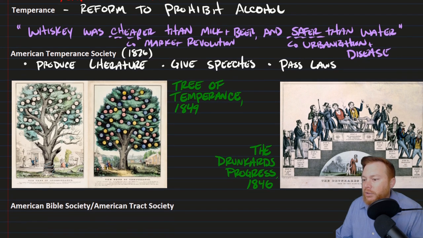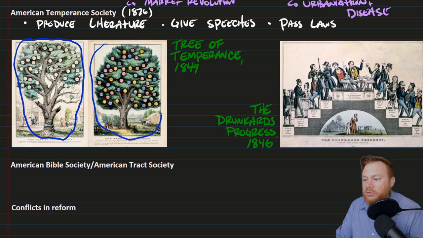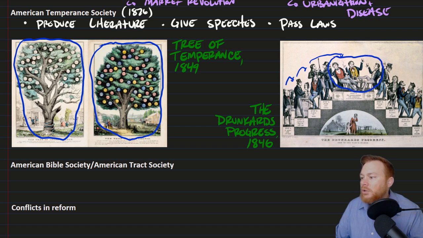So we have a couple of temperance cartoons here. This one is called the Tree of Temperance. And again, I don't know how well one can see that, but this is a tree of alcohol consumption. The tree does not look so healthy. And this is the Tree of Temperance. It looks like a very nice, healthy tree. This one's called the Drunkard's Progress, probably one of the more recognizable temperance posters. It shows the progress of a drunkard from one drink to two drinks to three drinks, all the way up to this point where things are looking pretty good, right? This guy's having a good old time. But then comes the downward spiral of homelessness and eventual suicide,